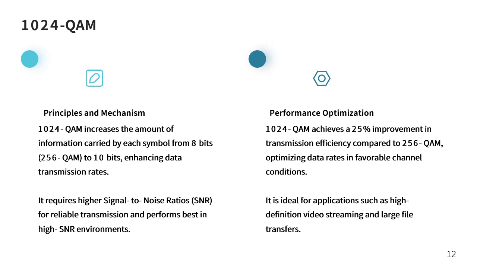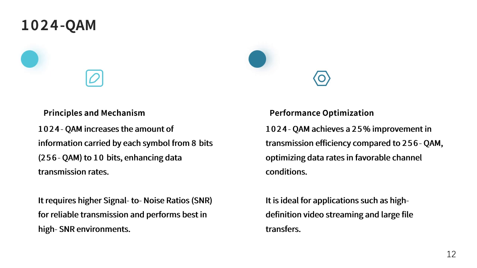This one increases the data carried per symbol from 8 bits to 10 bits. The 8 bits is of the 256 QAM. This one packs more information into each transmission. While this boosts data rates, it demands a higher SNR, which is signal-to-noise ratio, for reliable decoding, requiring clear channel